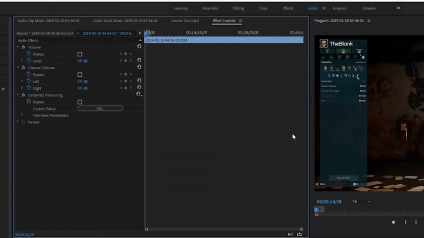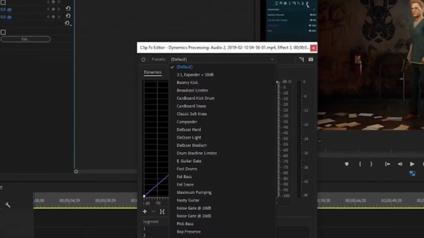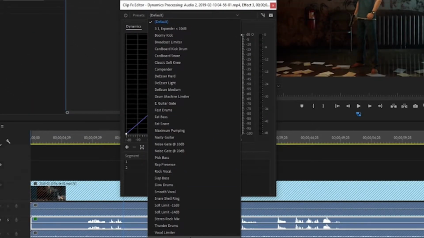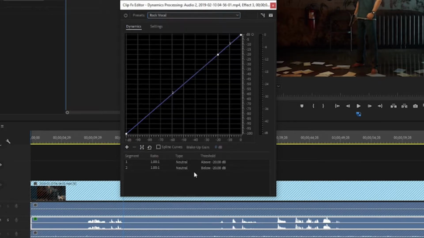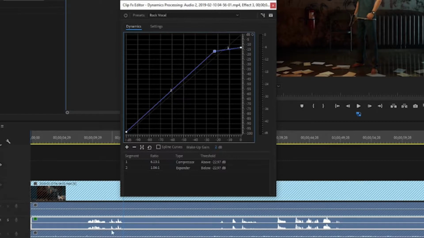This right here, once we get to effects controls, will let me kind of equalize the voice out. So actually I tend to go with rock vocal as a base here, and I start playing around. Each time I record is a little different. I tend to play around with the audio setup just a bit on the recording side, and it makes it problematic. I do tend to boost this 4 decibels, because this also has a tendency to quiet things down, and just